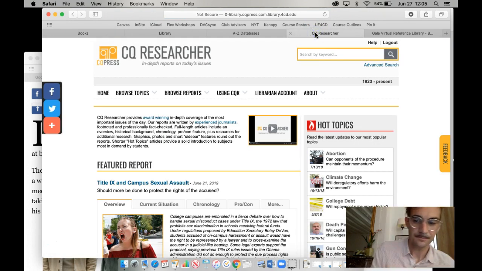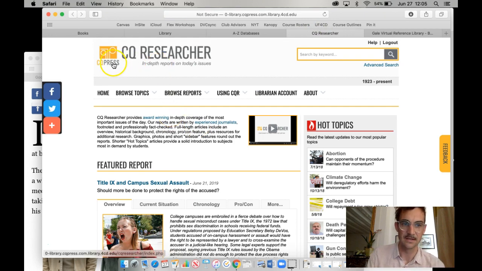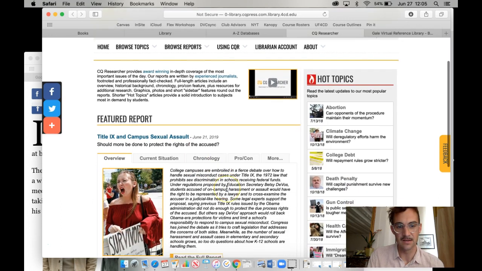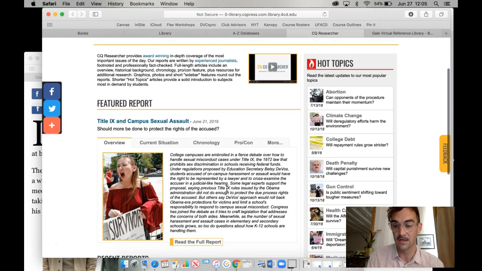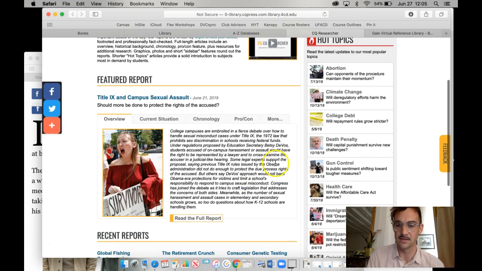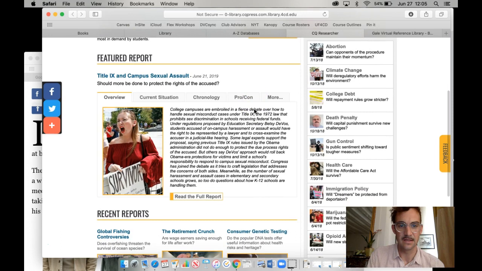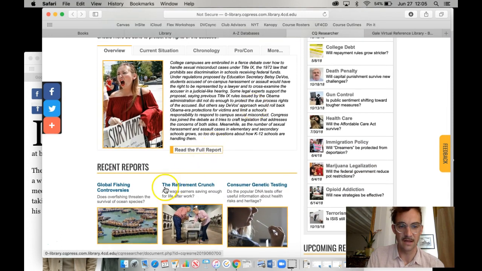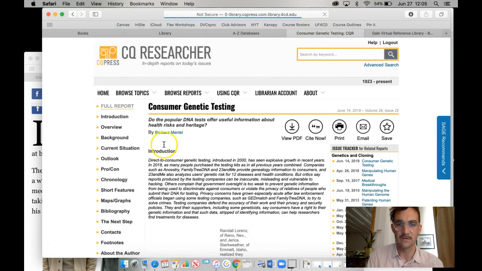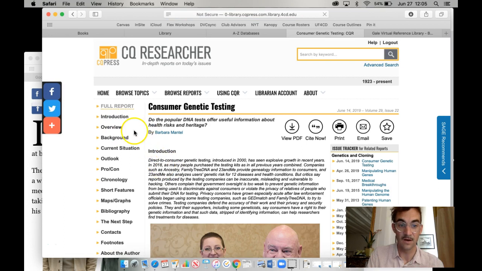And we'll start here. CQ Researcher is Congressional Quarterly, and you can see it explains a little bit about what it is here. And if you scan quickly, you can see that it's totally focused on controversial contemporary topics. So this is perfect for us, okay? And you can also see that these things are written pretty recently. And what you'll find if you click on anything, consumer genetic testing, you click on that, and it will give you a report that's quite long, actually.